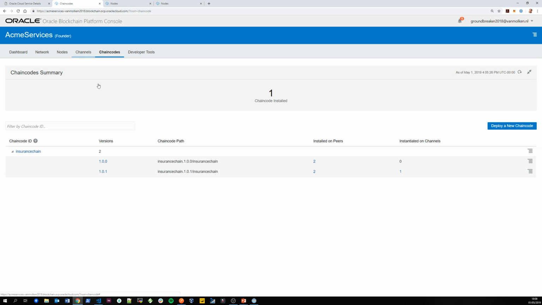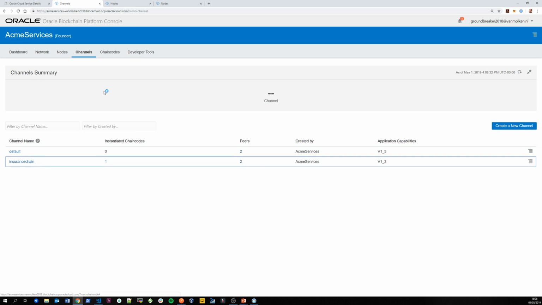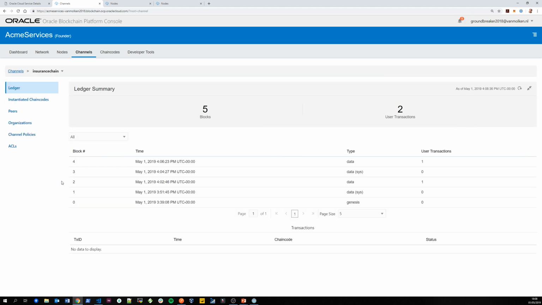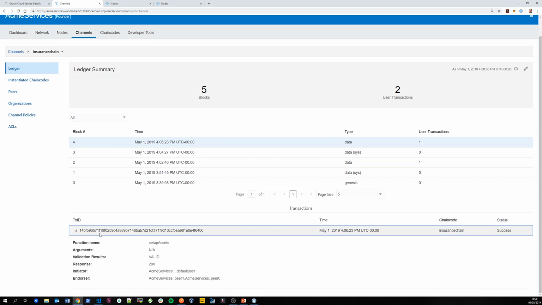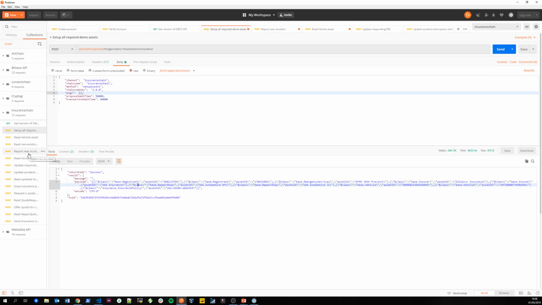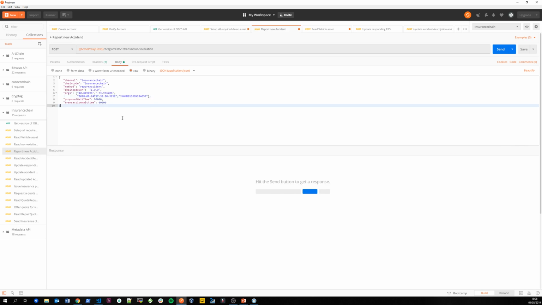Let's look at the channel. The last thing I want to show you eventually is all the data is on the ledger. So let's go to the ledger itself, and you see all the blocks, all the transactions, if it's a data or not. Let's look at the last one. I did a setup assets, and then I create the information. Let's do another setup of the report new accident. Let's do this one. Let's send it on,